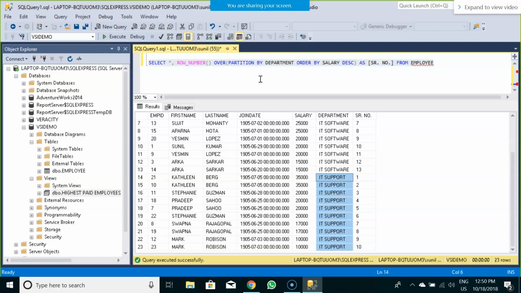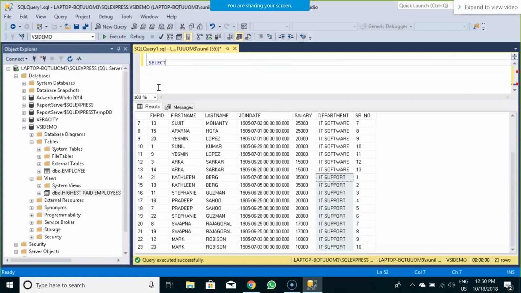Next, there is something called the NTILE function in SQL. The NTILE function essentially takes one input expression or parameter, any particular number.